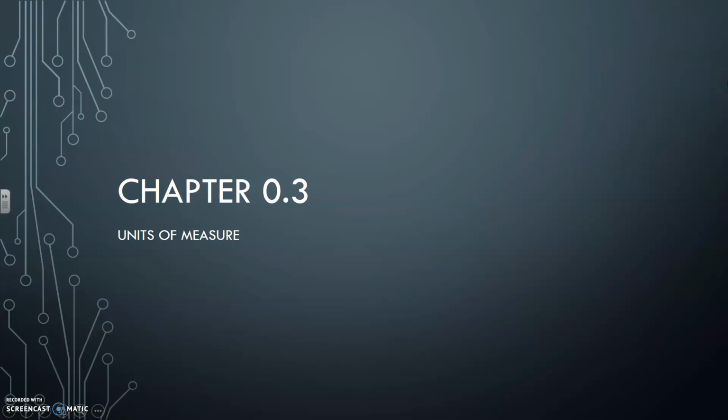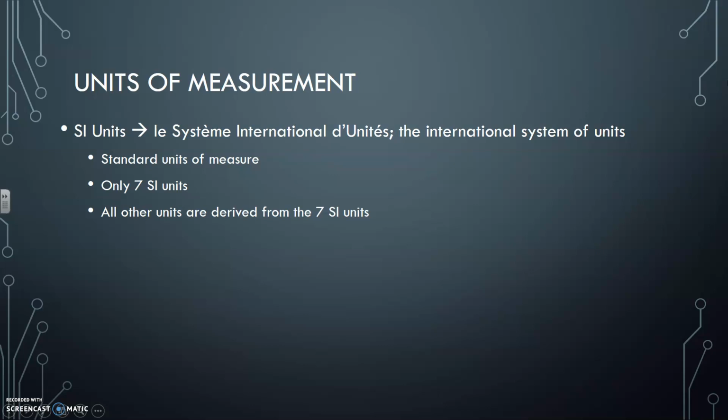In this section, we're going to talk about units of measure. So units of measure in science are SI units. SI is actually French, and basically it just stands for, in English, the International System of Units. It is a standard set of units of measure from which all other units of measure can be